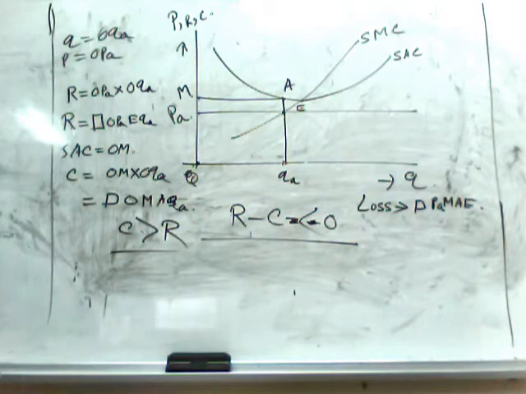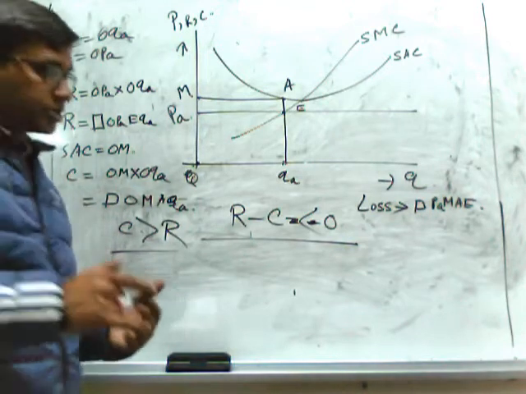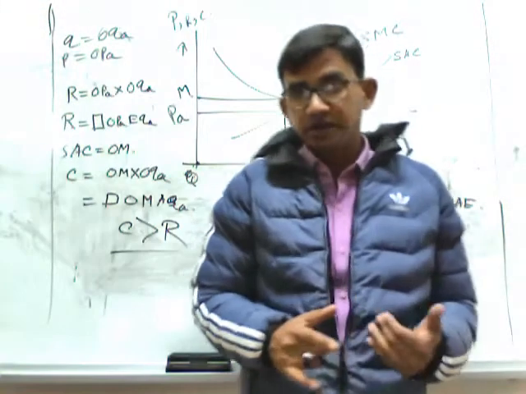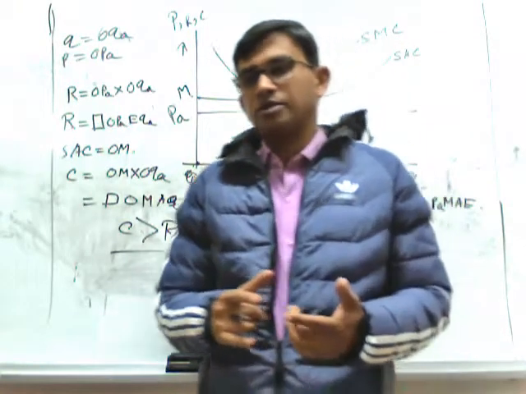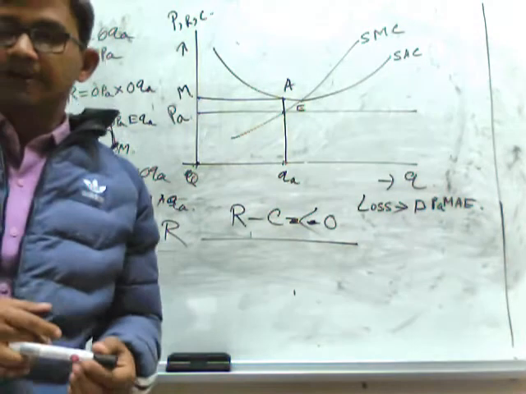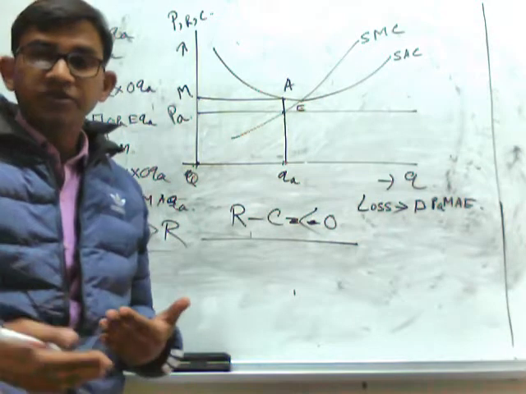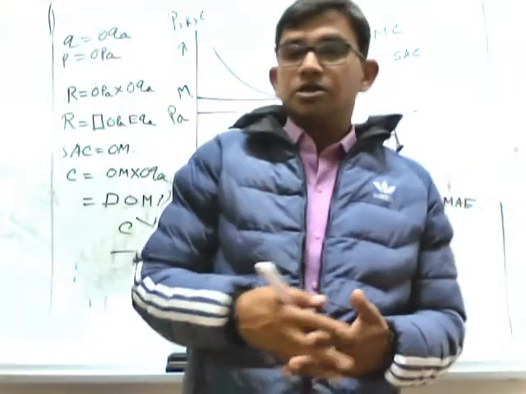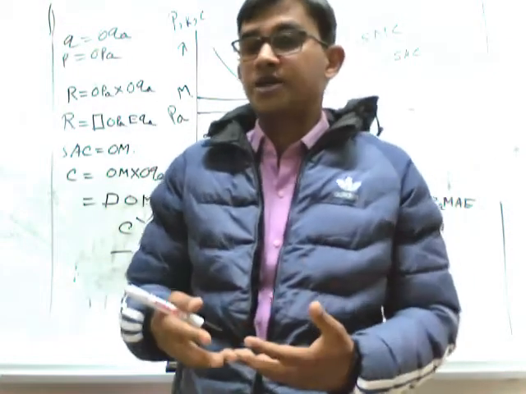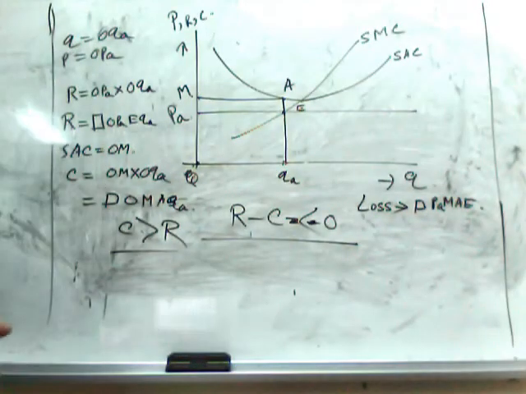Now definitely the question arises whether the firm will stay in the market or leave the market immediately. To answer this question, first we have to remember that this is the short run. We are considering that the firm is facing the loss in the short run. So short run means the firm has already borne some fixed cost. The firm has already spent that money, and even if the output level is 0, the firm's cost will continue. So let us explain it